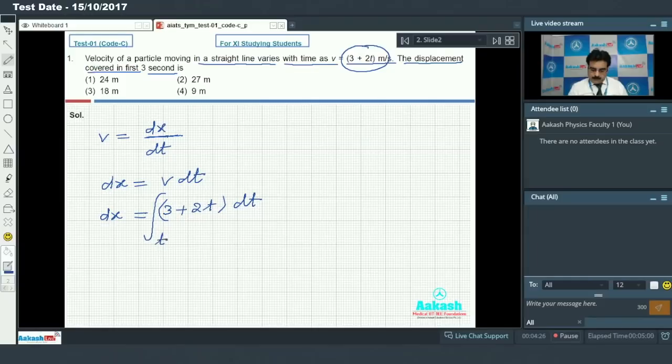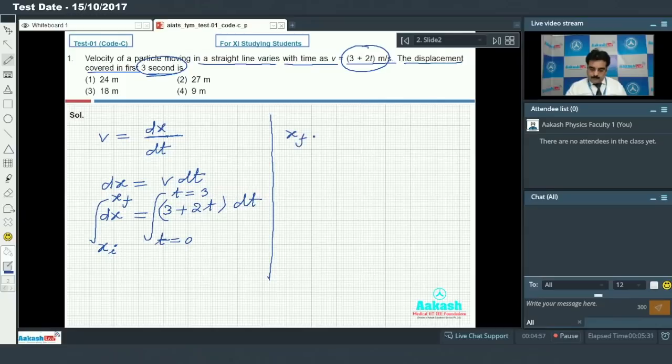First I am going to use the limits. If I write t is equal to 0, t is equal to 0 means the initial position. So I need, at time t equal to 0, the position of the particle, I mean to say the initial position. Then x final at time t is equal to 3 seconds, as per the question. So if I use the concept of integration, we have